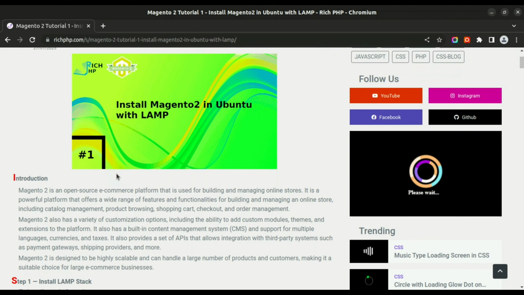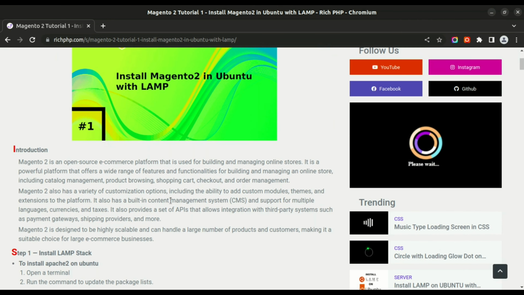So let's start with the introduction of Magento 2. Magento 2 is an open source e-commerce platform that is used for building and managing online stores. It is a powerful platform that offers a wide range of features and functionality for building and managing an online store. In Magento 2 we can set multiple languages, currencies and taxes for a single website, or